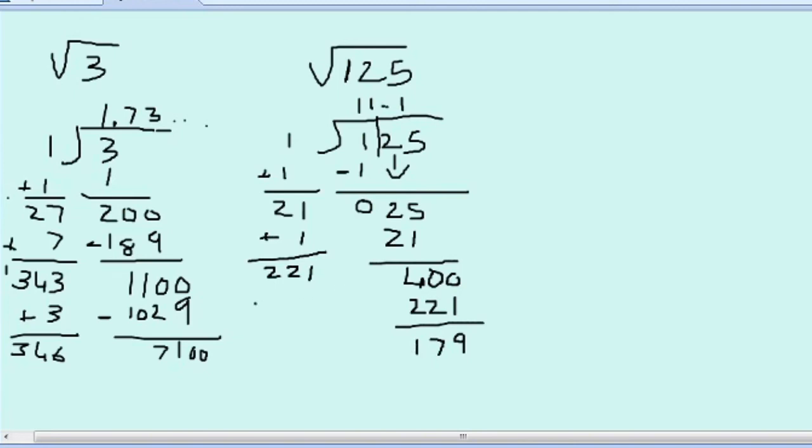171 is remaining. Again add here 1. So this will become 222. Now this again, based on the decimal point, you take 2 zeros and do the divisions further. So this will continue. For finding square roots of perfect and non-perfect squares, the method is the same. In non-perfect squares, the decimals will continue going. You can find approximately till 1 or 2 decimal places.